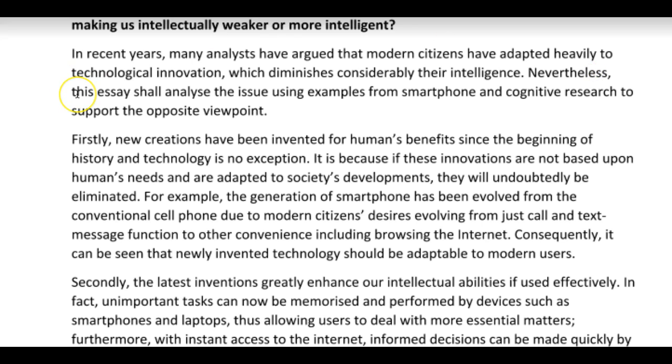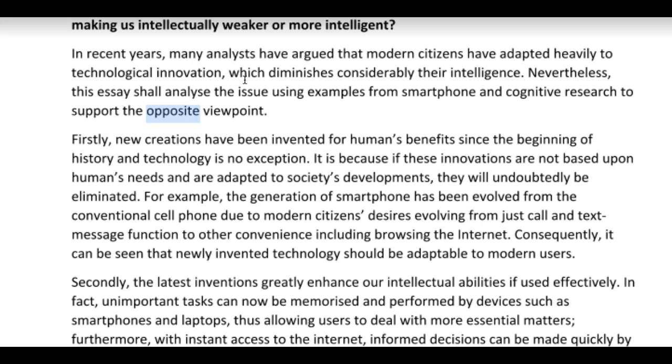Just jump in. This essay shall analyze the issue using examples from smartphones and cognitive research to support the opposite viewpoint. And once again, we don't want to make it overly complex, especially in the introduction. One conjunction here, and then you're basically saying the opposite because you just said the opposite viewpoint. So now I have to go back and think what was this original viewpoint, and that just makes the reader strain.